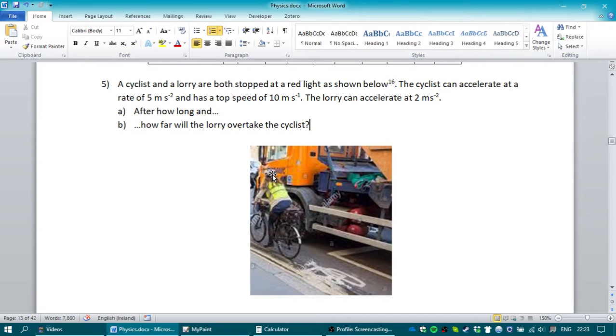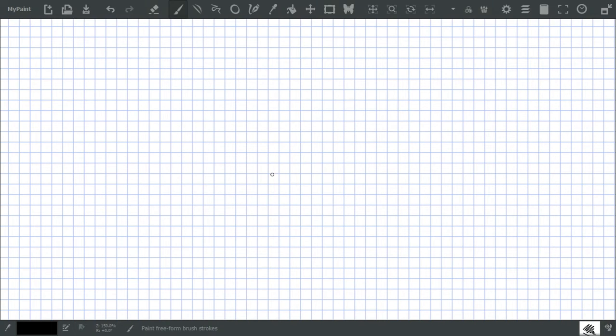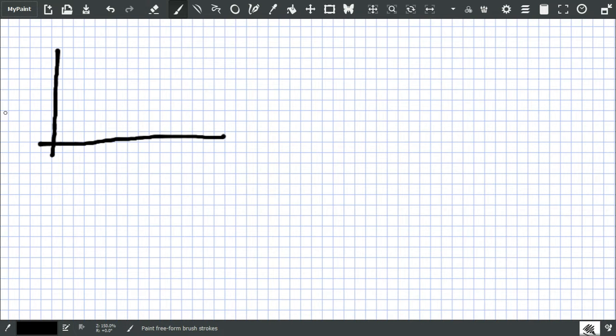Okay, now let's see. A cyclist and a lorry are both stopped at red lights. The cyclist can accelerate at 5 meters per second squared and has a top speed of 10. The lorry can accelerate at 2. So what's happening here? This is the velocity in meters per second, and this is the time in seconds of